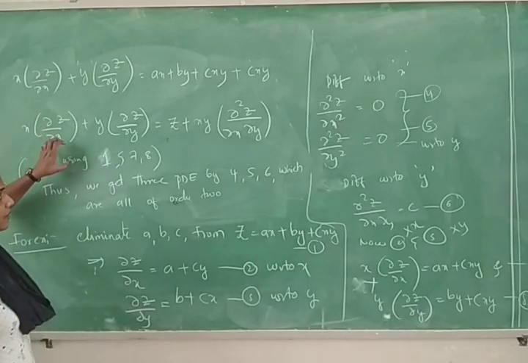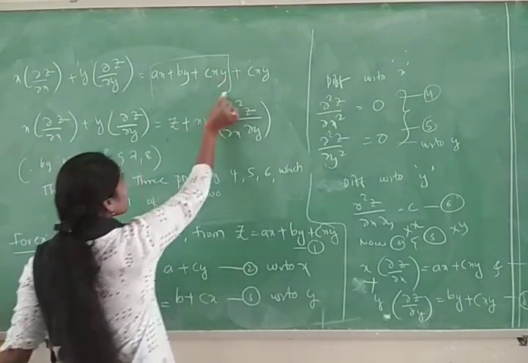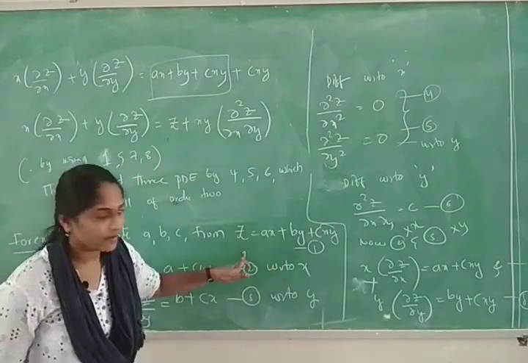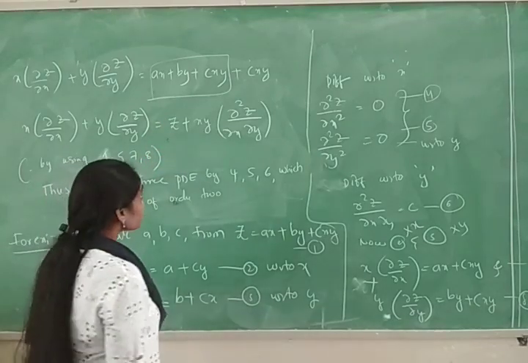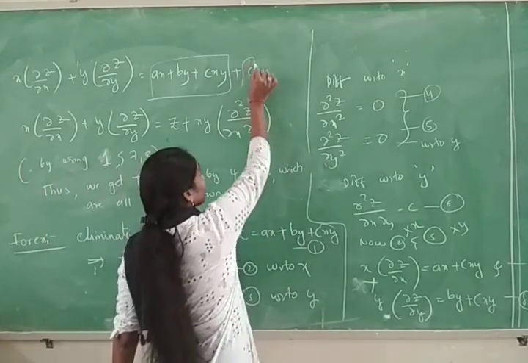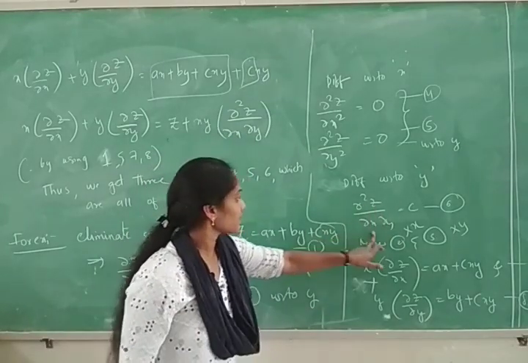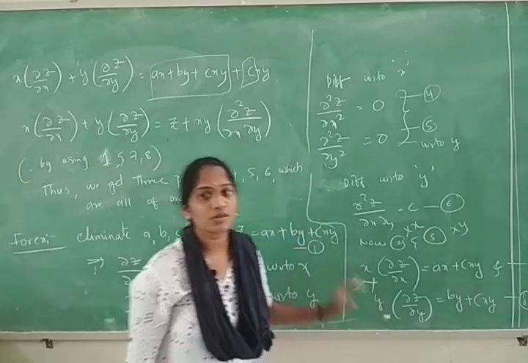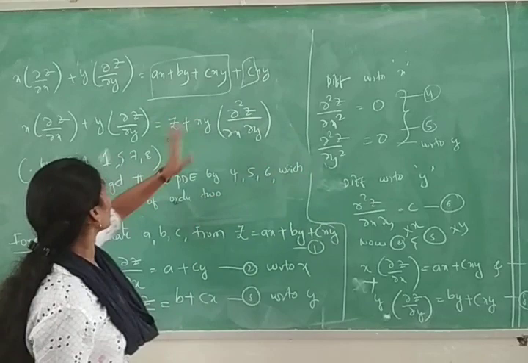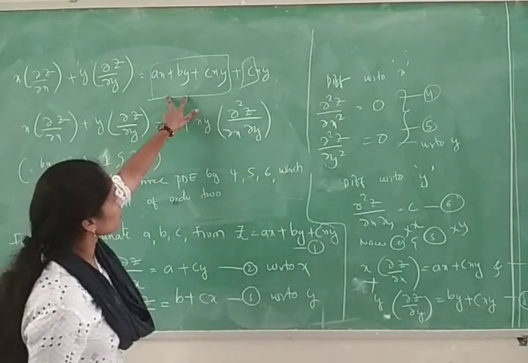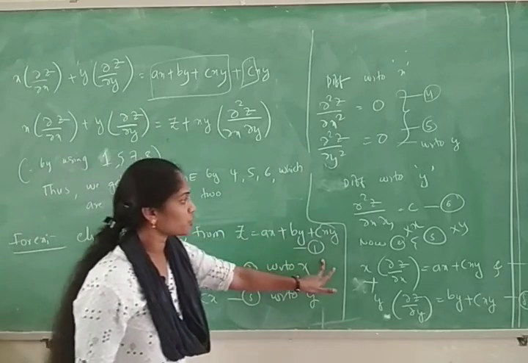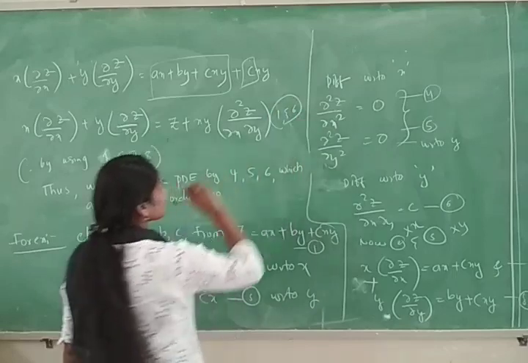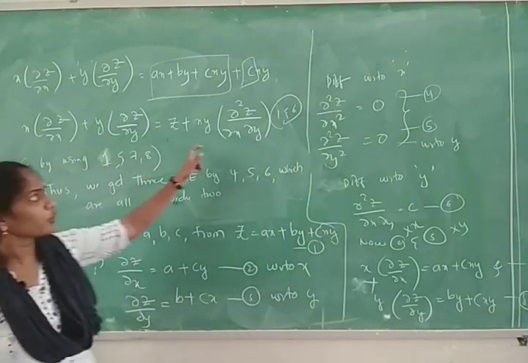So now this is the same as it is. See here, what is this? ax plus by plus cxy. What is this? By equation 1, this is our z. So put z here. Now for xy, what is the value of c? By equation 6, it is dou square z by dou x dou y. After adding these both equations, you will get equations 4, 6 like that. You have to substitute: just substitute equation 1 and equation 6. Okay? From 1 and 6. In this equation, are you observing any arbitrary constants here?